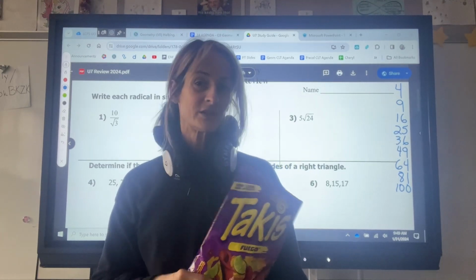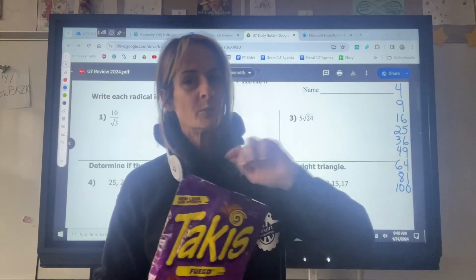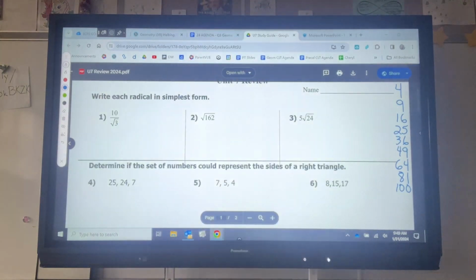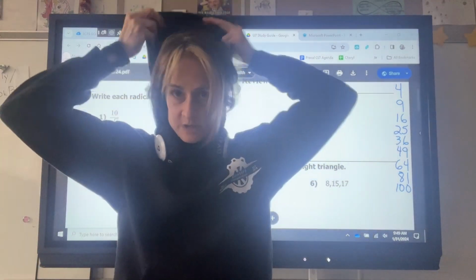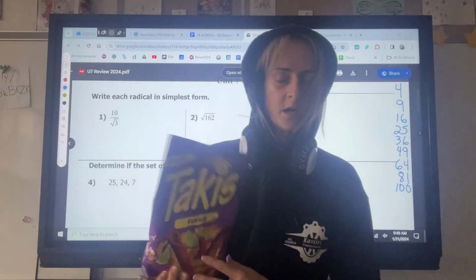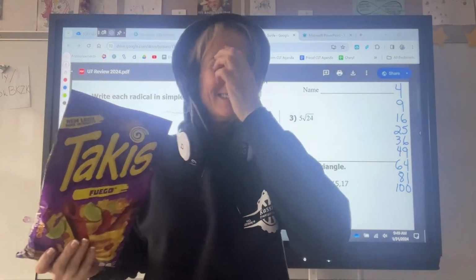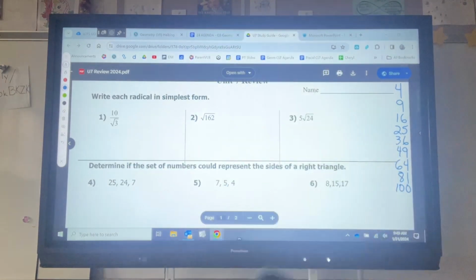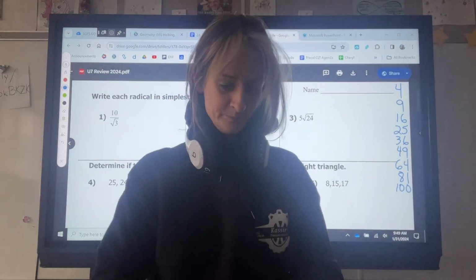Today it is dress like a student day. So I have the middle part and I have the messy bun, and I'm just gonna walk around all day. I've already this morning walked up to teachers and been like, bruh, are we doing anything in class today? Can I borrow a pencil? Okay, so without further ado,